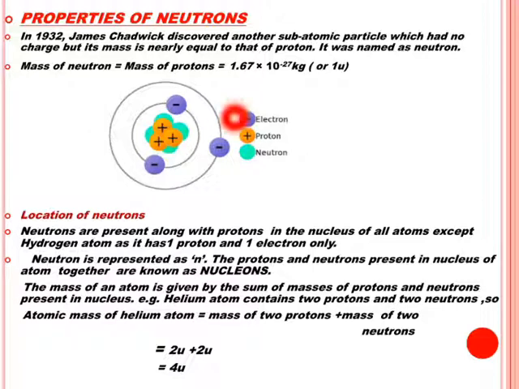So students, an atom contains 3 subatomic particles in it: negatively charged electrons, positively charged protons, and neutrons that carry no charge. Protons and neutrons are present in the nucleus, as protons are positively charged and neutrons carry no charge, so charge on the nucleus is positive. The negatively charged electrons are present in the extra-nuclear space of the atom, where they revolve around the nucleus in the definite orbits or energy shells.